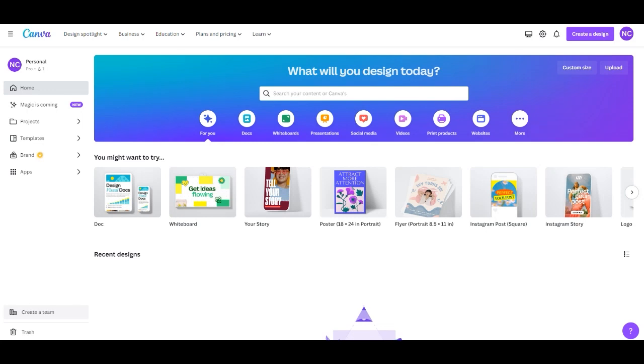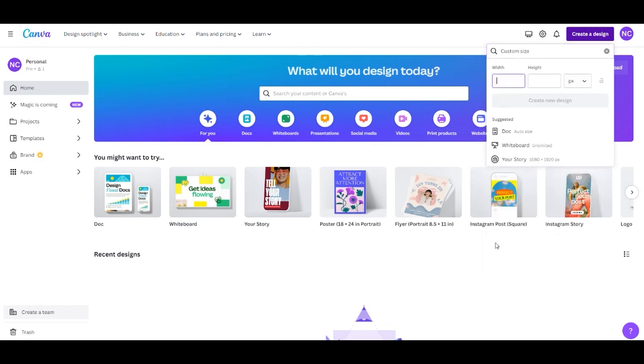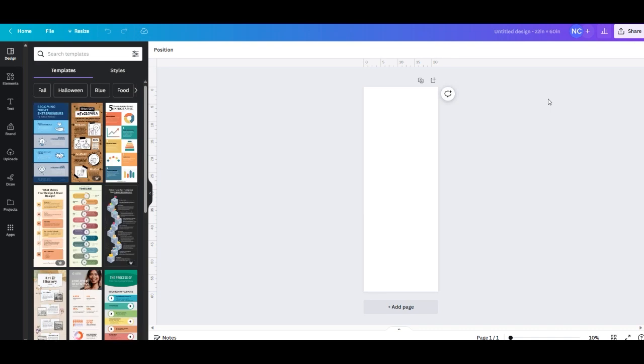So the site you're looking at right now is Canva's website, and I do have the Canva Pro subscription for this demonstration. So you're going to click in the upper right corner to create a design, and you're going to go down here to the bottom left where it says custom size. When you choose custom size, it's by default to pixel. You're going to want to change this to inches, and you're going to specify 22 by 60 and say create new design. So this creates the artboard where you're going to put your